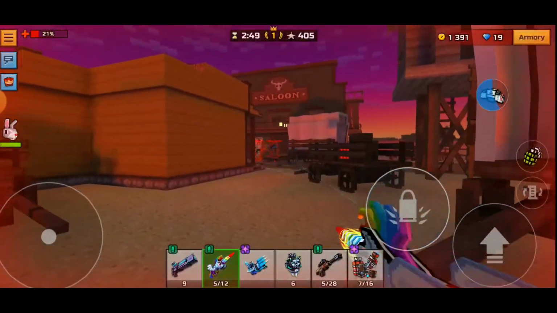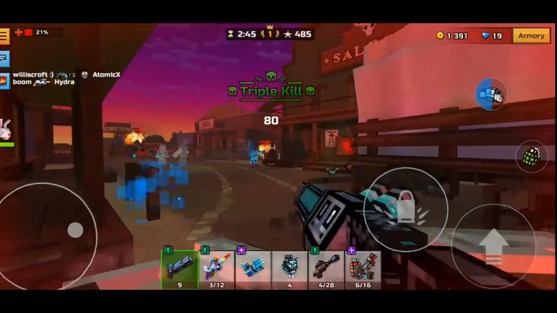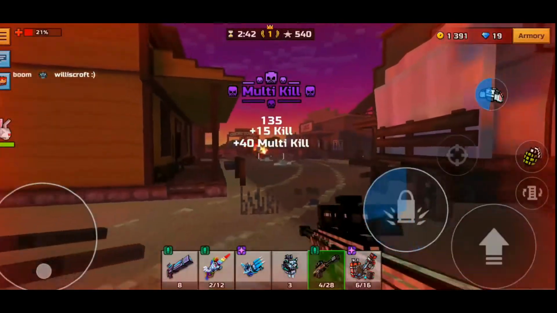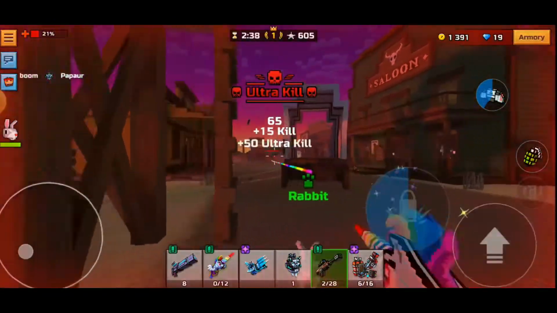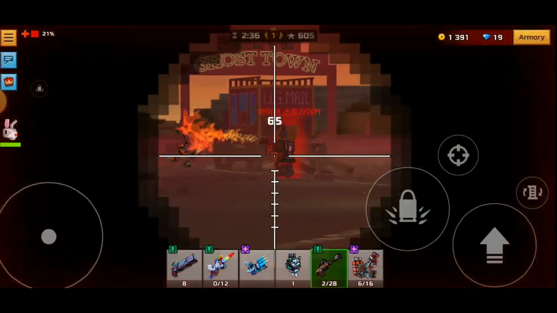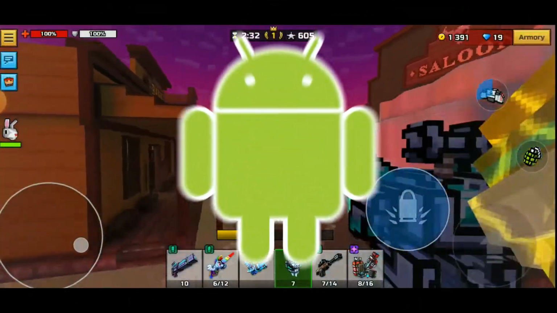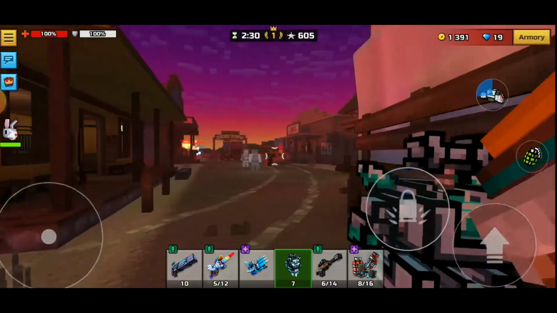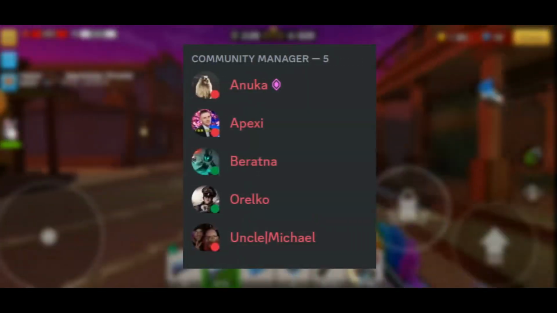So some of you also don't know what the word universal login would actually mean. What I would call it is the Android and iOS compatibility, also known as being able to connect iOS and Android accounts into one. So let's say you have an iOS account and you would like to convert into an Android phone. You would get the option to do that. However, this is not here in Pixel Gun 3D as of yet, but the developers have also helped me and